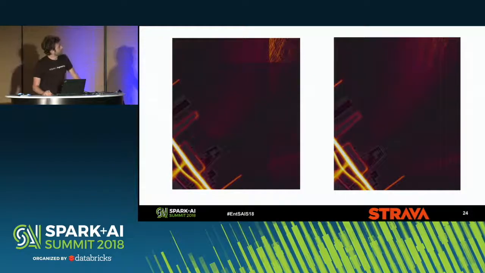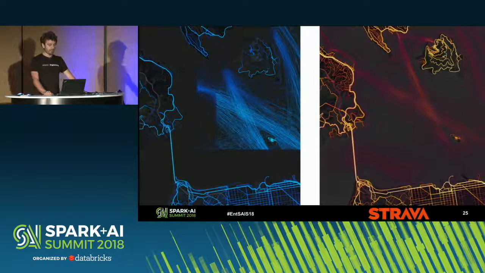So here's another before and after of that original image, and you can see that the one on the right is now completely smooth and there's no tile artifacts. And then this is a larger comparison of an old version of the heat map that didn't have this normalization